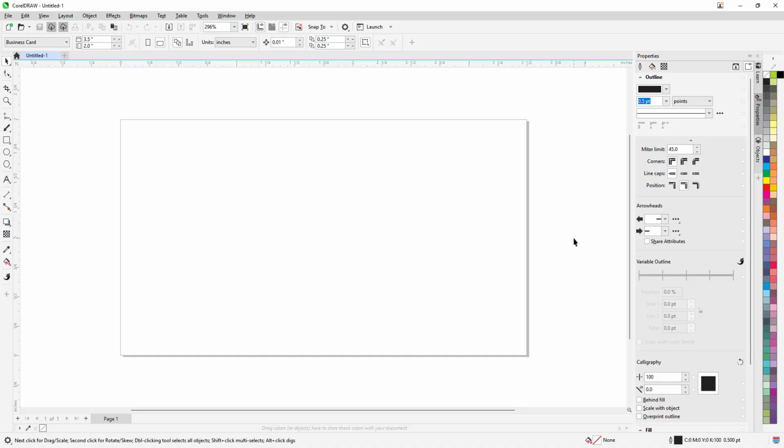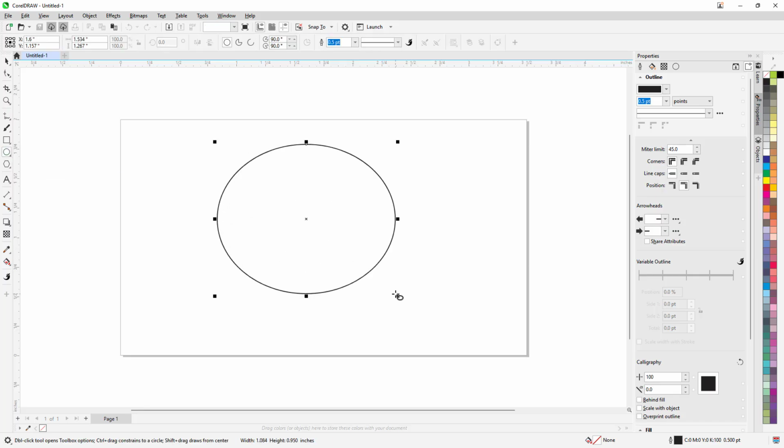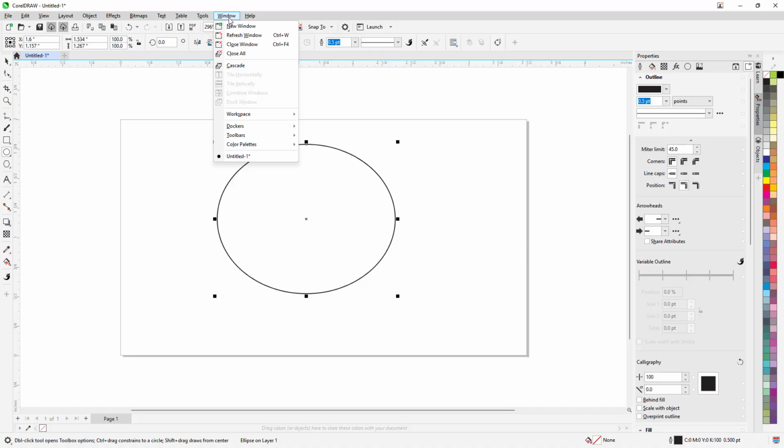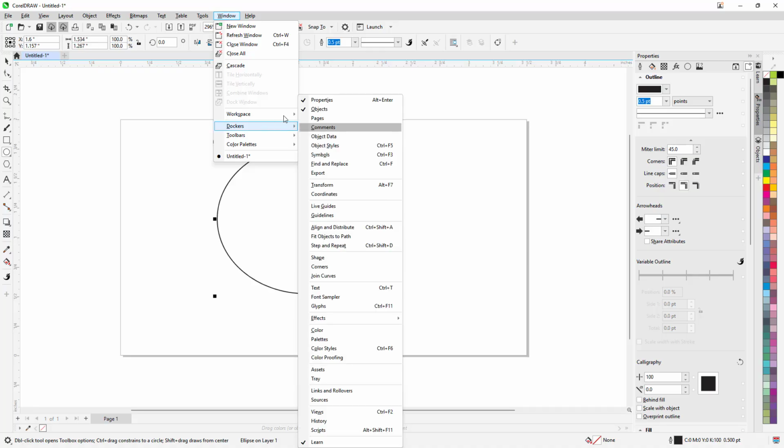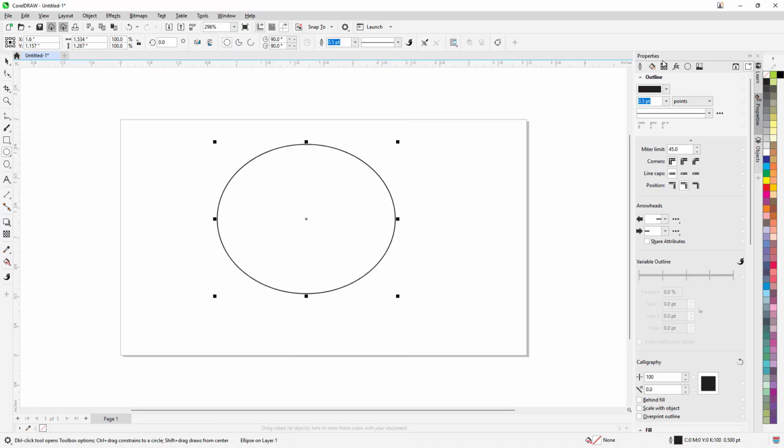So let's see how we can round with fill pattern inside of Corel Draw. To round with fill patterns, I'm going to head in and, let's say, for example, I need to access the properties panel. To access the properties panel, you go to Windows, then onto Dockers, go on Properties right here, and you'll